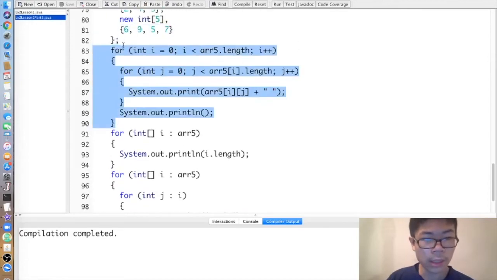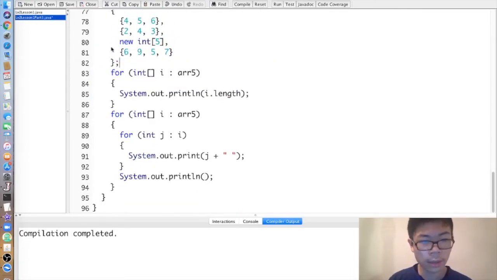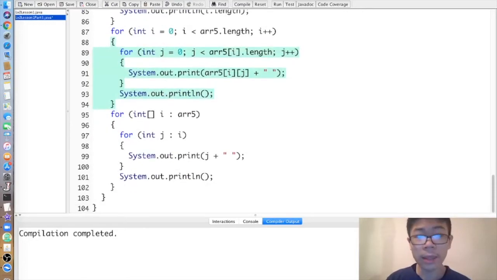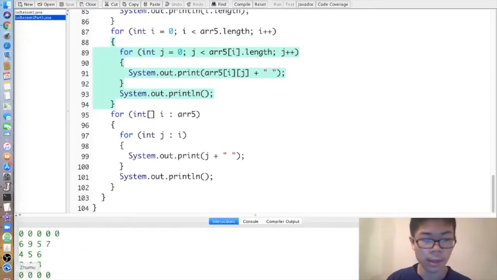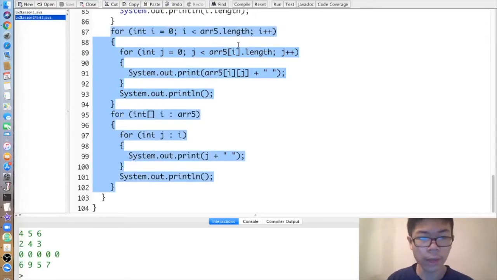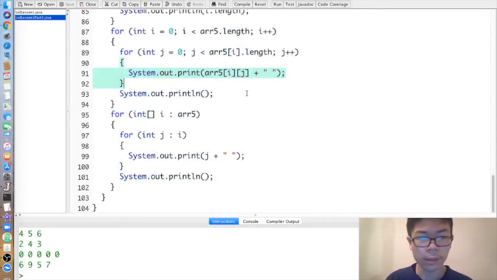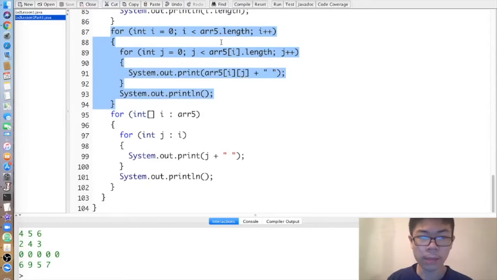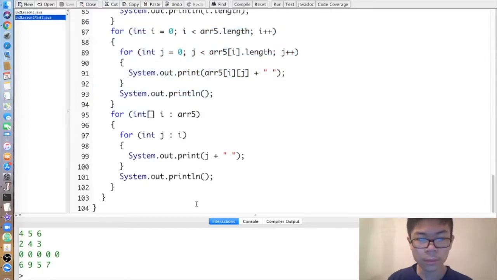So if we bring these two pieces of code close together, we notice that these two pieces of code both print the array, the two-dimensional array, and they're equivalent. Except one of them loops through for each row and for every element in the row, and this one does it through the indices. You could also mix it up, so for example, for every row,